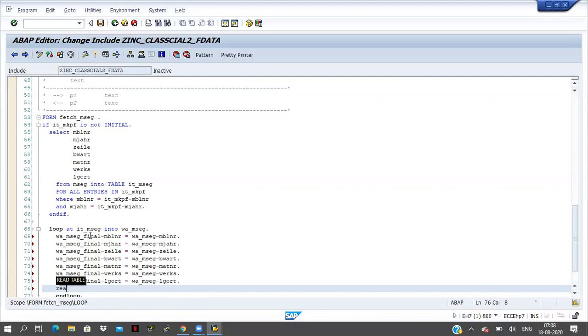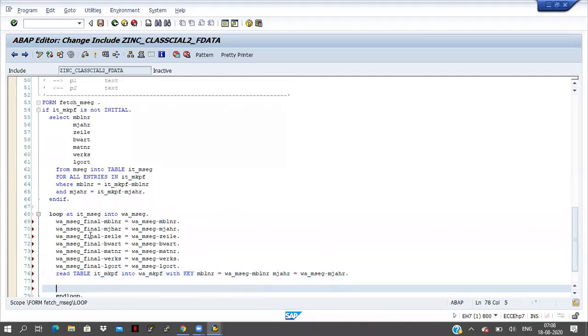Read table IT_MKPF into work area MKPF with the key MBLNR equal to work area MSEG-MBLNR, and MJAHR equal to work area MSEG-MJAHR.